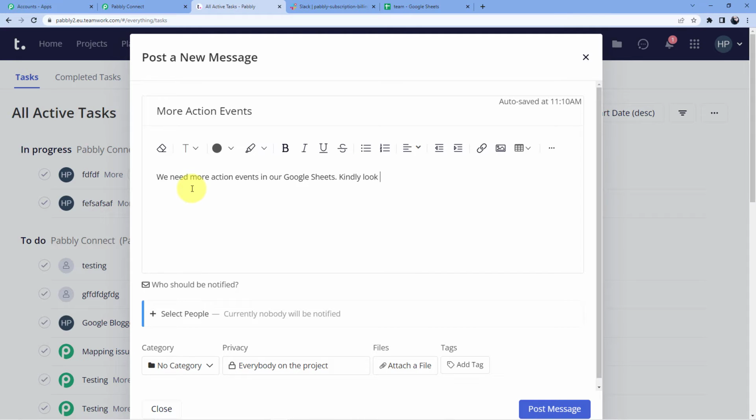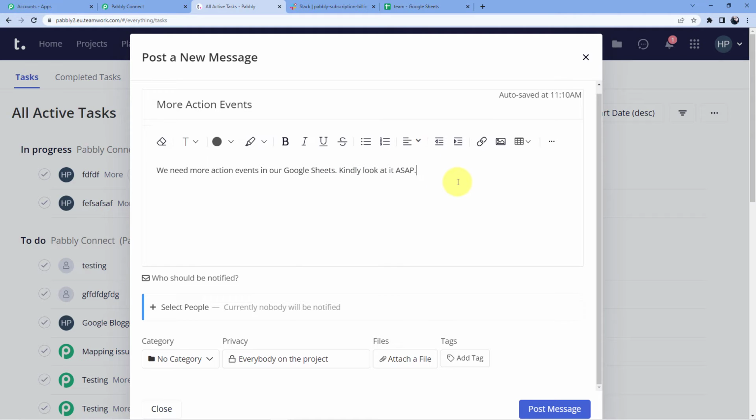Kindly look at it ASAP. Okay, so this is my message which is going to my project Pabbly Connect. So we need more action events in our Google Sheets. Kindly look at it as soon as possible.